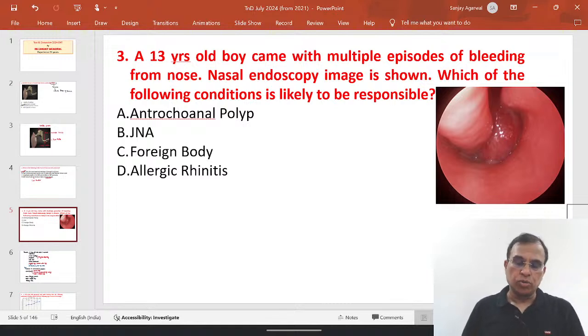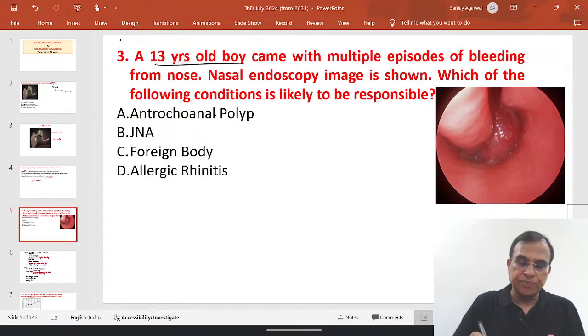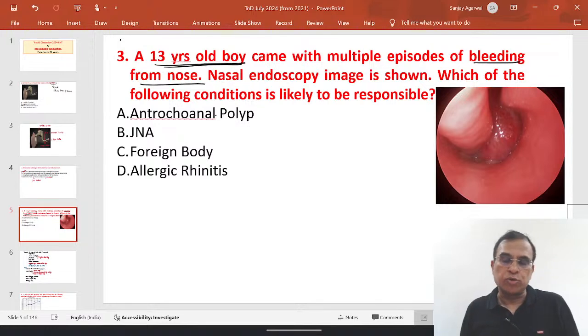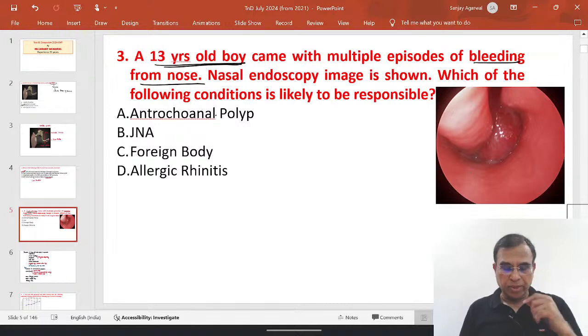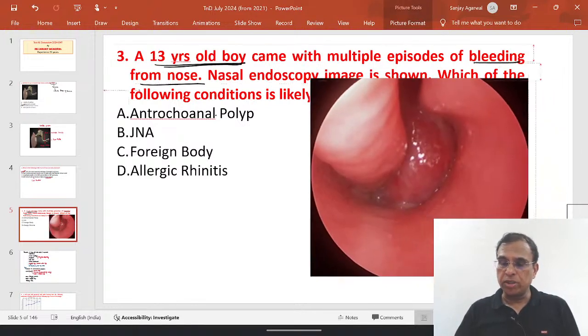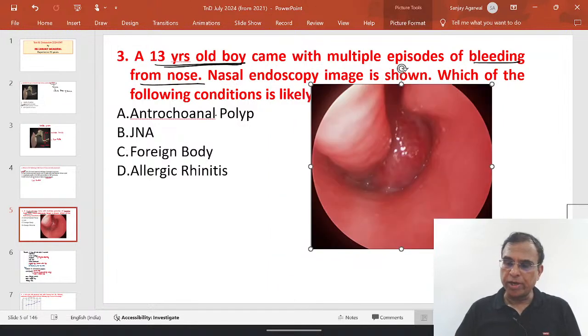Yes. So the moment you see this line that a male child in the juvenile age group has epistaxis, bleeding from the nose, the first thing that comes to your mind is juvenile angiofibroma. And this is a very typical endoscopic image of a juvenile angiofibroma. In this image, you should be able to identify 3 things. What are the 3 things that you should be able to identify in this image? 1, you should be able to identify